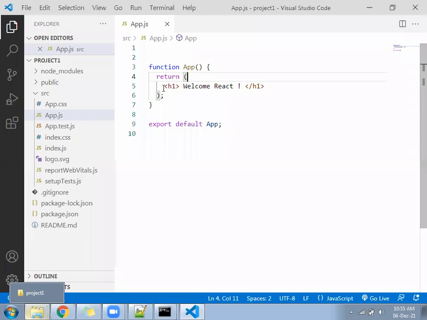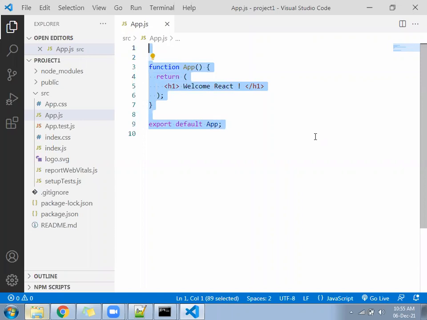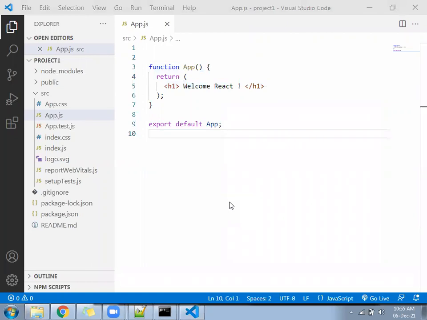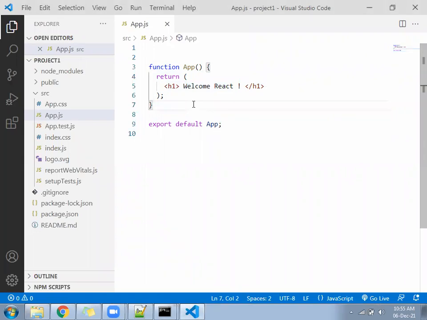Hope it is working. If not working, replace all the code in your app.js file. Okay, now hope there should not be any error.